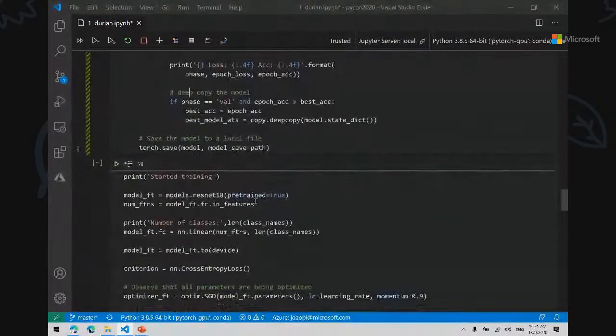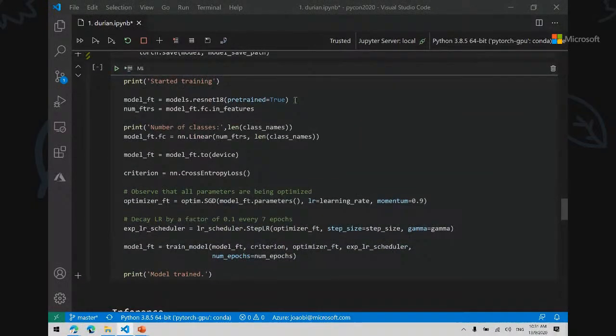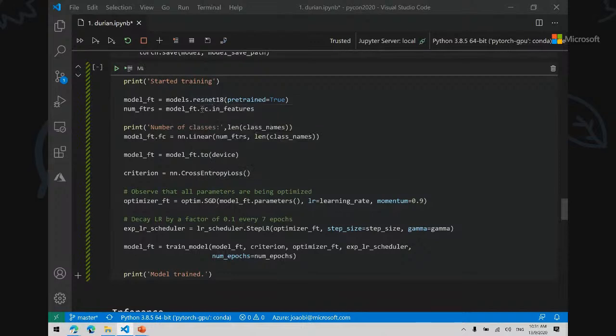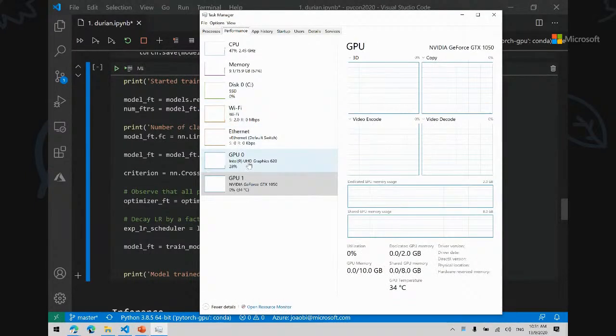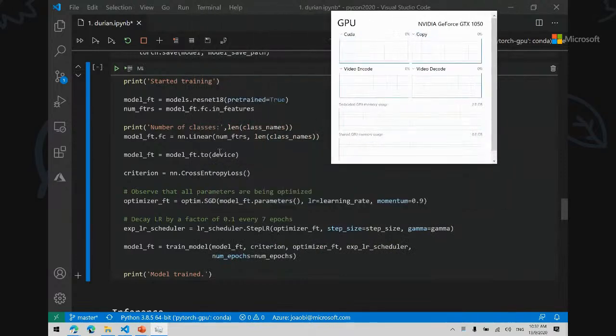Save this. Now, this is where the training gets done. So again, as I said before, we're going to take a model, ResNet 18. If you don't have the PyTorch ResNet 18 installed, it will download as part of this execution. Just for you to make sure you believe in me, I'm going to show that this is going to run on my GPU. So just give me a second. And we should see a spike on the CUDA GPU there.